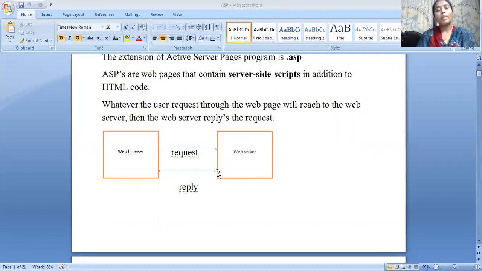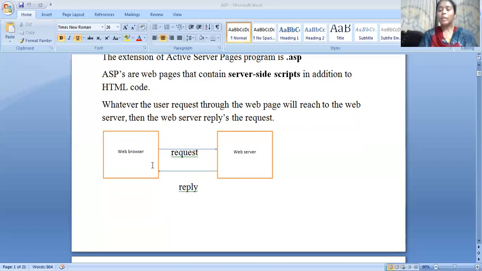While it is transferring towards the web browser side, the ASP code is converted to easily understandable HTML code. So this is the difference between the working of HTML and ASP. The interaction is done in a very simple manner in ASP also.